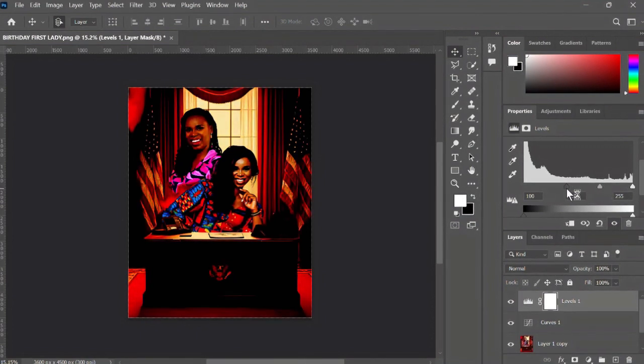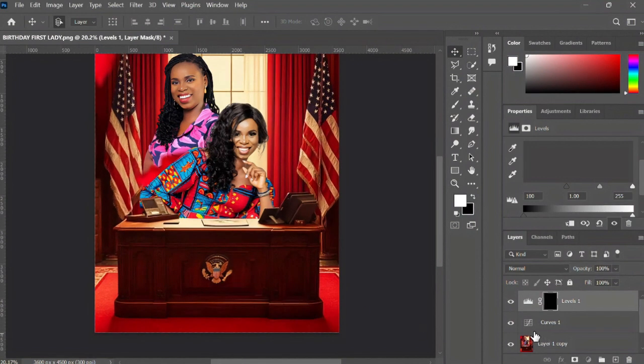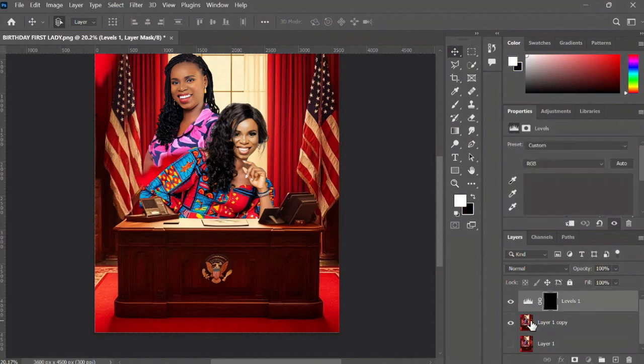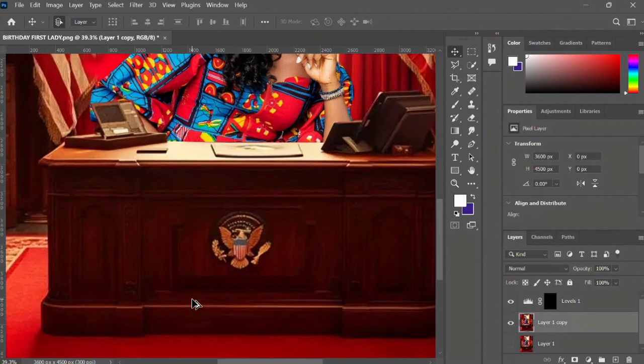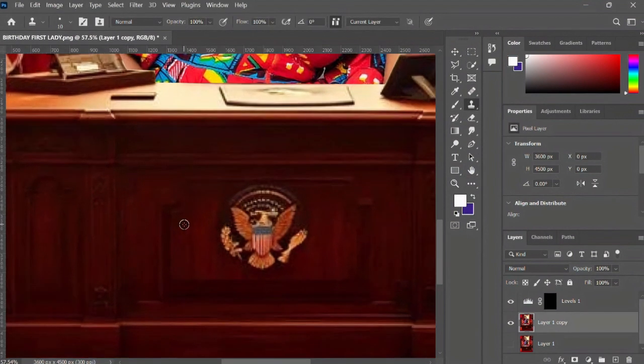So the purpose of reducing the adjustments, reducing the levels here, is the areas that are black, the areas where you have the shadows. Okay, so that's the reason why we are doing this. So we're going to be turning that off for now. Let's not go ahead of the process. Let's just